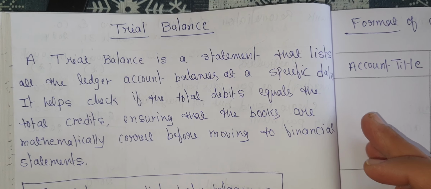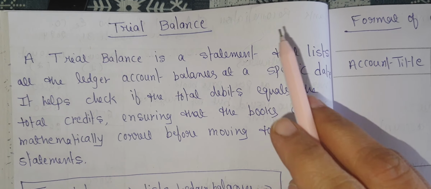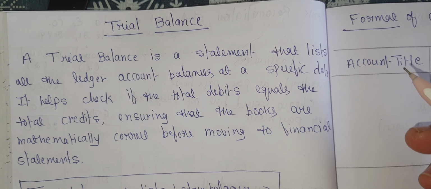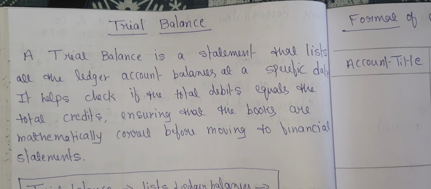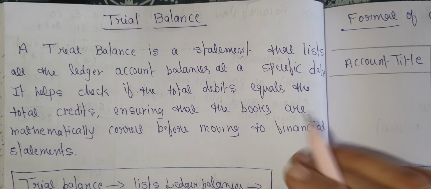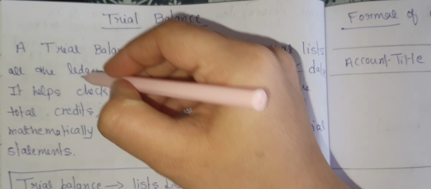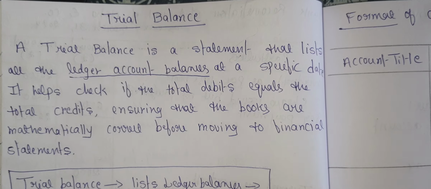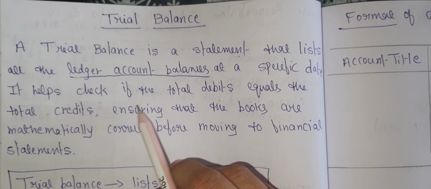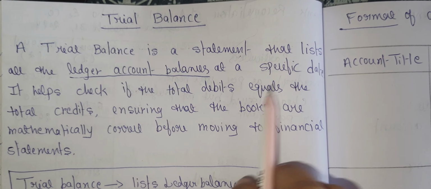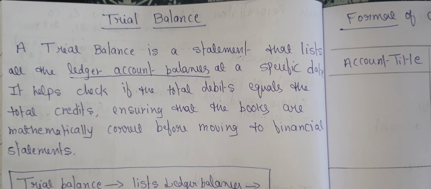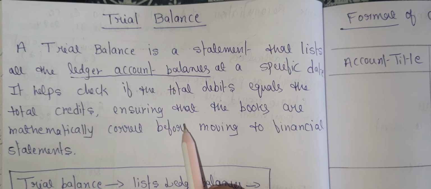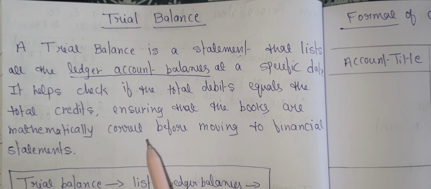So trial balance is a statement that lists all the ledger account balances at a specific date. And it helps check if the total debits equal the total credits, ensuring that the books are mathematically correct before moving